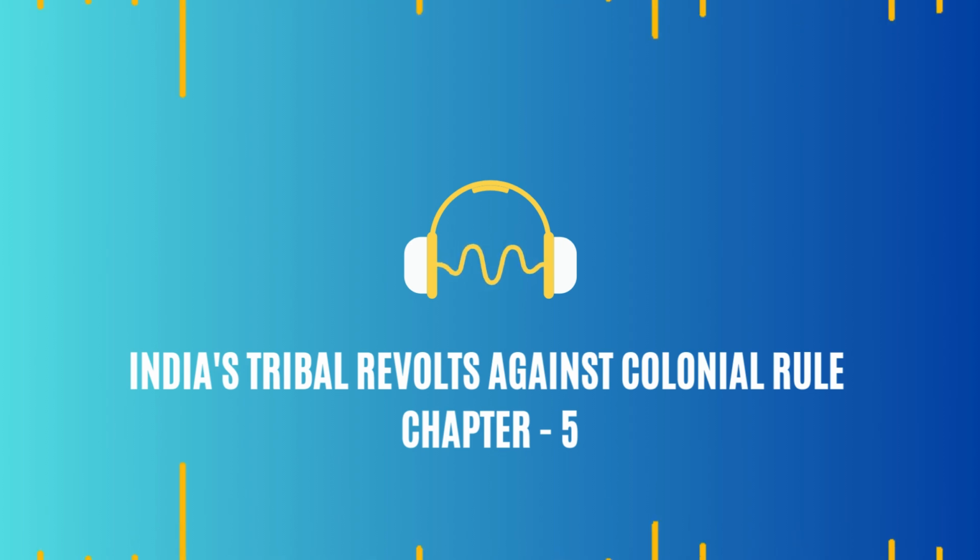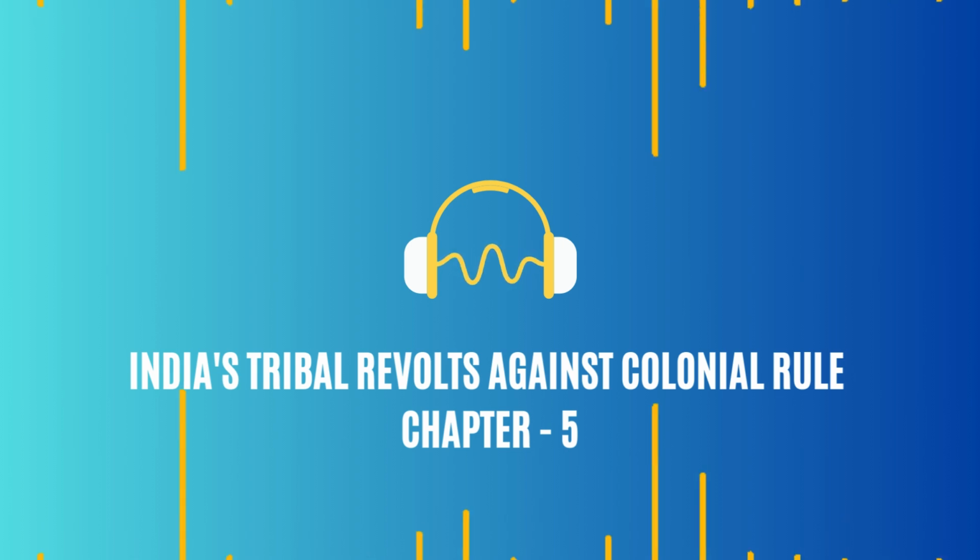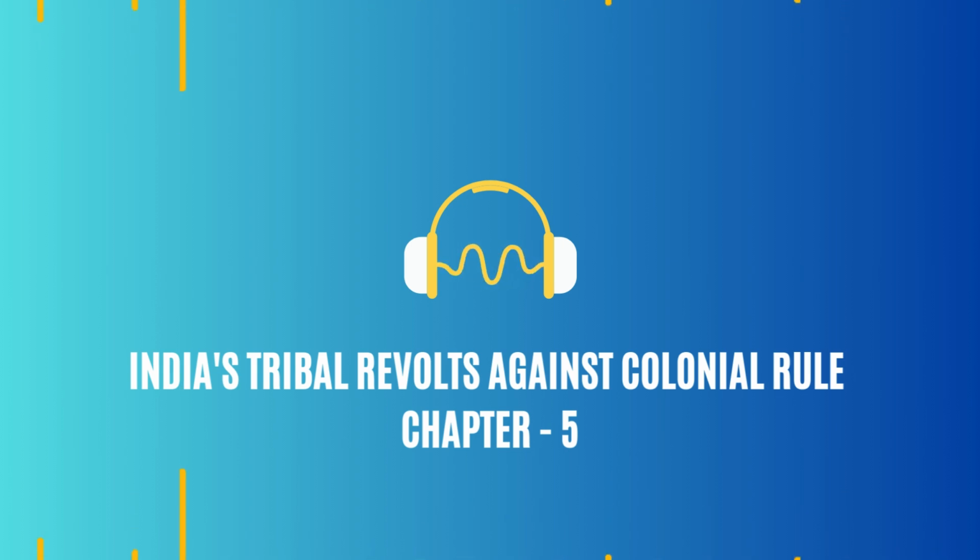This one's different because it was triggered by a specific infrastructure project. Okay, this sounds interesting. What was this project, and why did it cause such strong resistance? The British wanted to build a road, connecting the Brahmaputra Valley with Sylhet, running right through the Khasi Hills. Seems harmless, right? But for the Khasis, it was about sovereignty and control over their land.